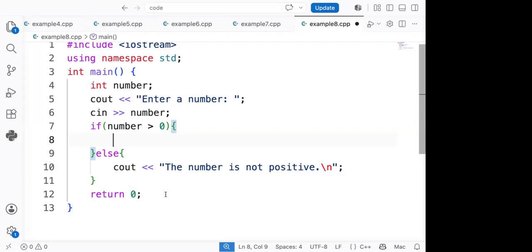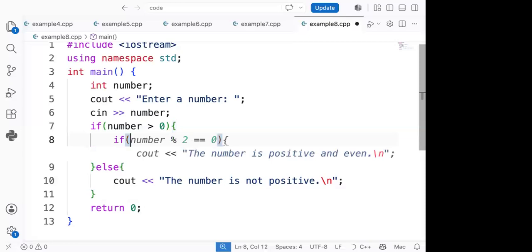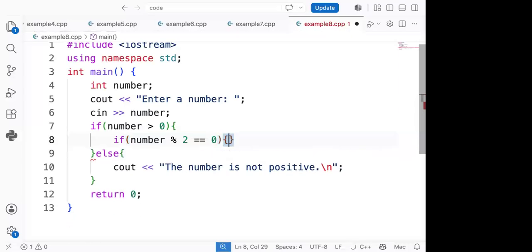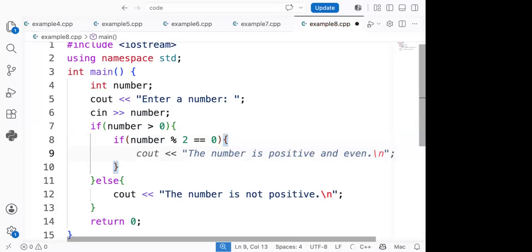Modulo arithmetic. Thank you very much. So you do if number modulo 2 equal 0, then you can now say that the number is positive and even. Else, if,